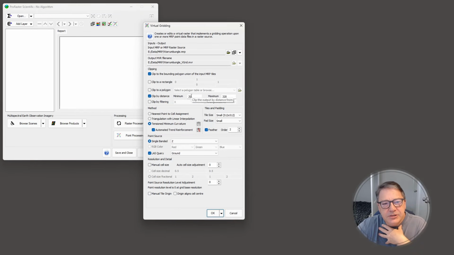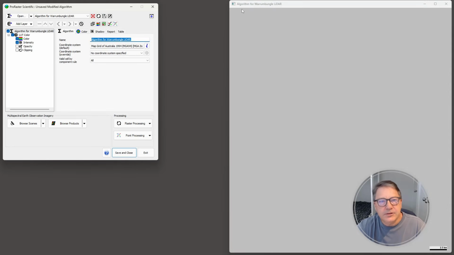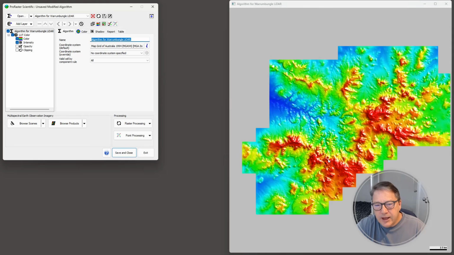I'm clipping by distance, so I'm just clipping out some of that crap around the outside. I'm using tensioned minimum curvature, and I've switched on automated trend reinforcement, so we're getting a really high quality grid now. Gridding Z and ground, and so now we're making the computer work a lot harder